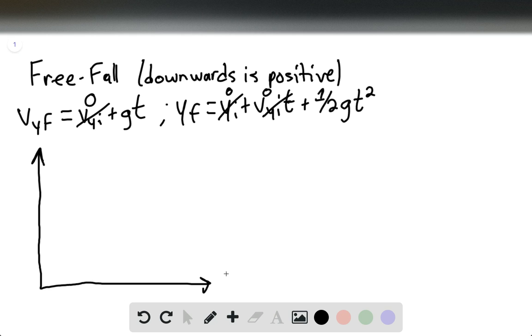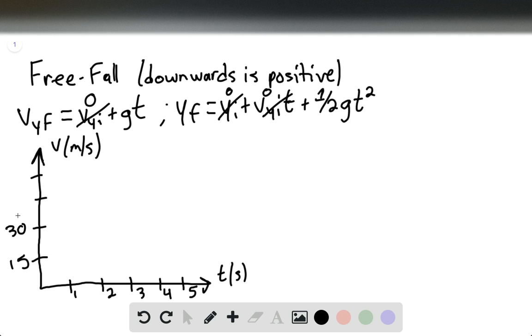we would have t here in seconds, and then we have v here in meters per second. And then it's saying model the first 5 seconds. So we can have 1, 2, 3, 4, 5. And then here we can have 15, 30, 45, 60. Now, if the velocity is dependent on the time, essentially the slope is going to be the magnitude